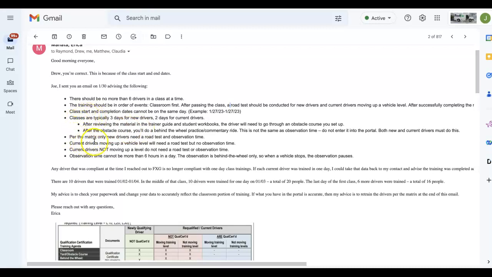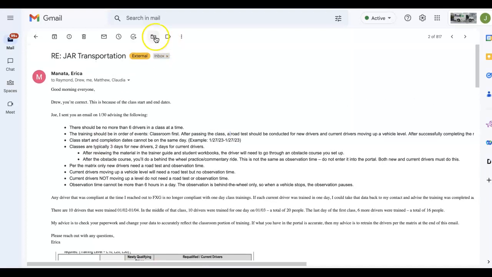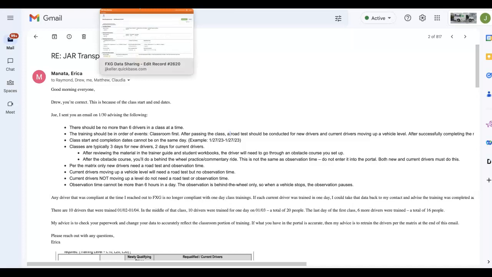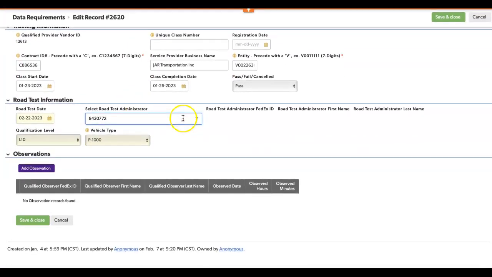All this information, where do I put it in? I mean, even if I did a new driver, this is all I have to work with. I mean, I can't even